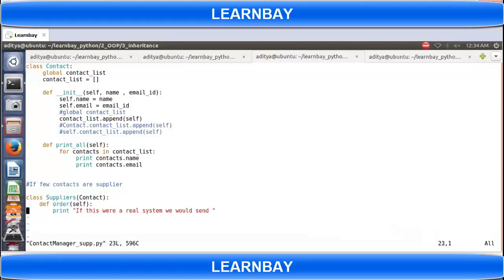For example, if I were to add in the same file, I'll write something like this. First is contact, so let's say C1 equal to something. Similarly C2, C3, C4, and for creating suppliers, it will be S1 equal to, now I have to call the constructor of suppliers.